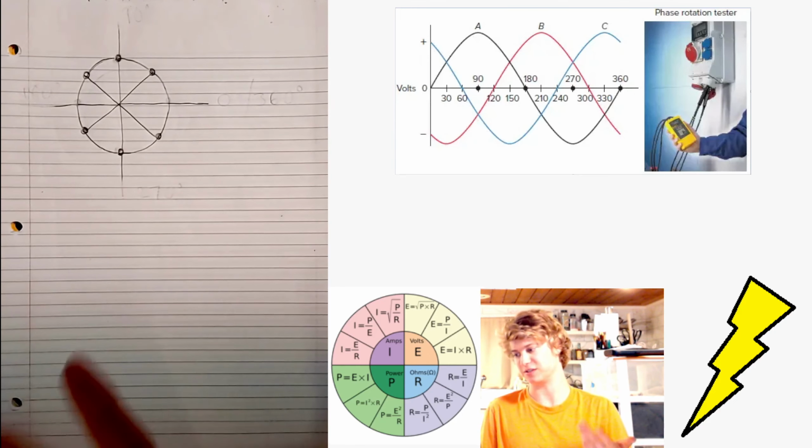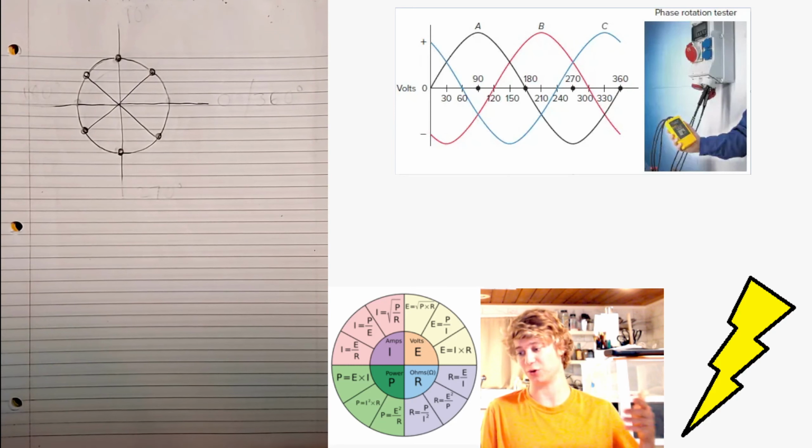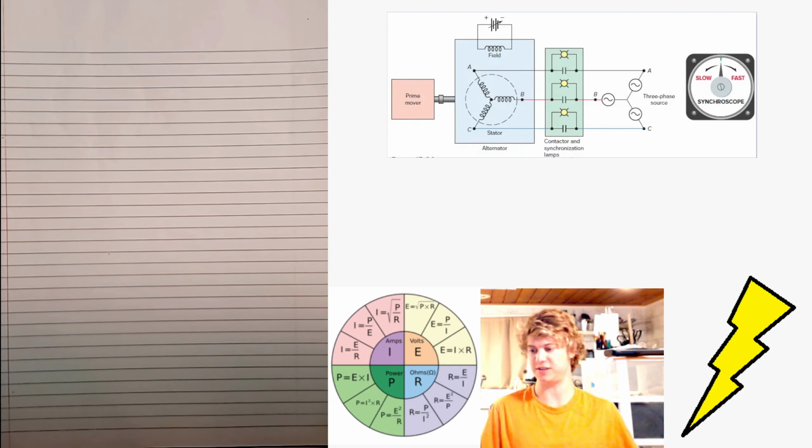If two phases of the supply to a three-phase induction motor are interchanged, the motor will reverse its direction of rotation. A phase rotation tester can be used for measuring phase rotation where three-phase supplies are used to feed motor, drives, and electrical systems. Alternator synchronization is the process of connecting a three-phase alternator to another alternator or a power grid. The conditions that must be met when paralleling a three-phase alternator to another alternator or power grid system are: